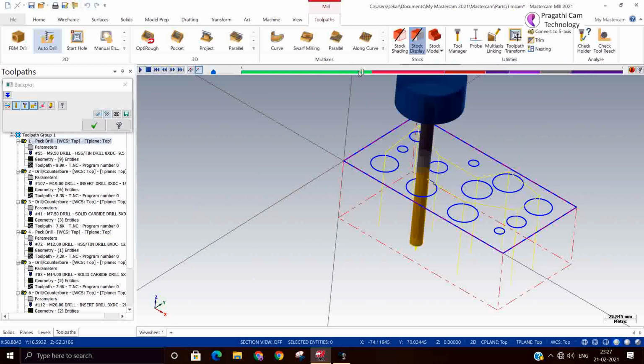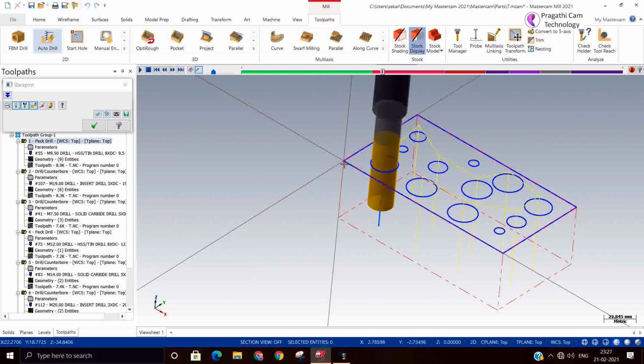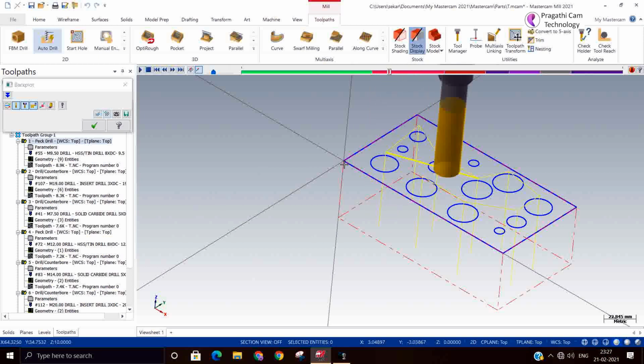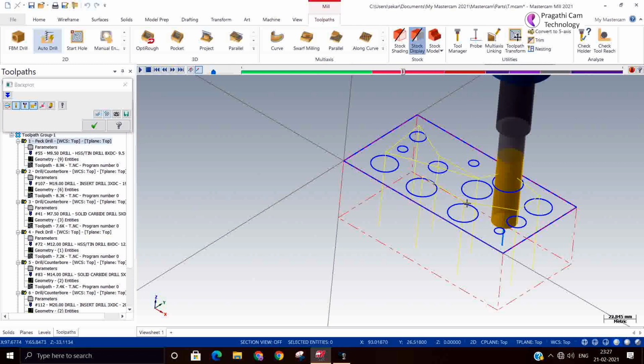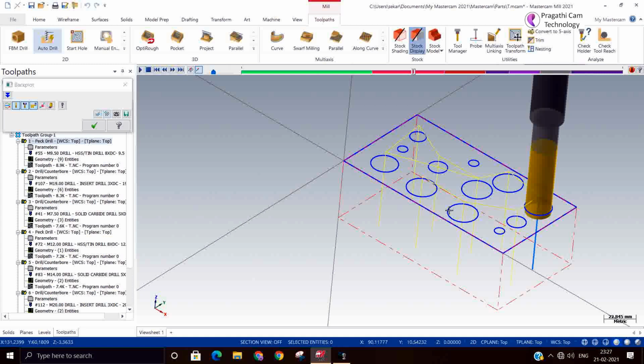So this is the exact size tool drilling now. If the same size hole is available, then it will machine. It finishes the pre-drilling wherever it is possible. This is exact drilling. The other two earlier ones were pre-drilling.